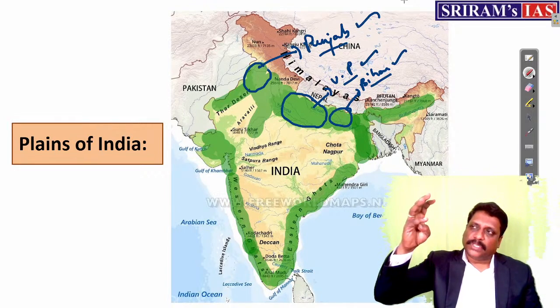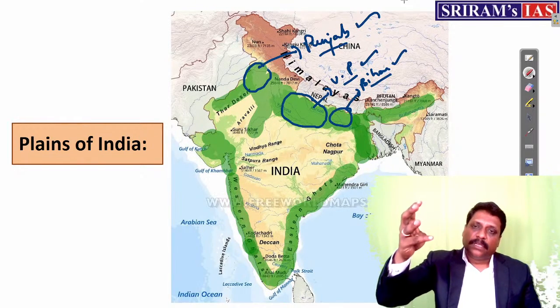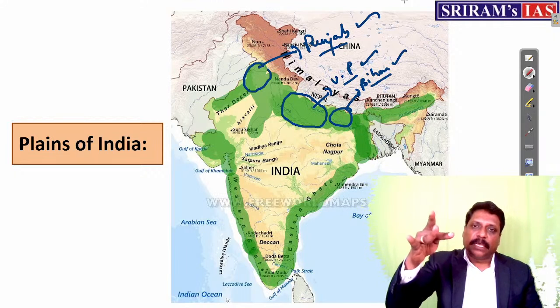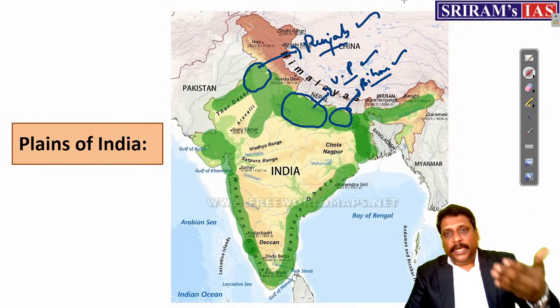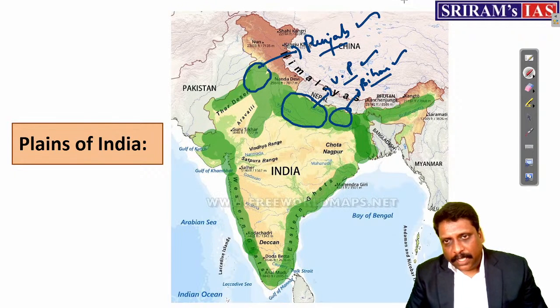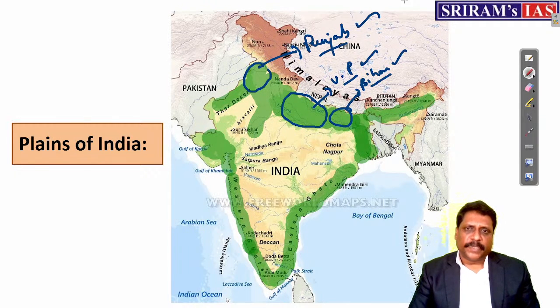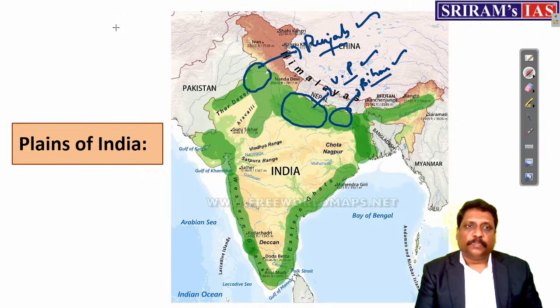So one thing I understand, not only that, when I talk about the density of population, the most thickly populated state in India is what? Bihar, followed by West Bengal, followed by Kerala, followed by Uttar Pradesh. Now comes the question: why exactly is Bihar so populated? Why is UP so populated? Why is West Bengal so populated, if you ask me? The reason is very simple, because it is plain.